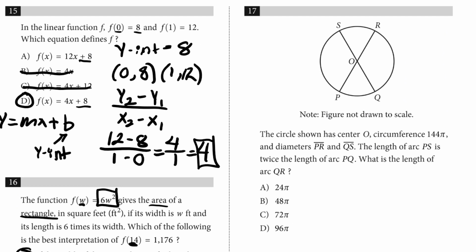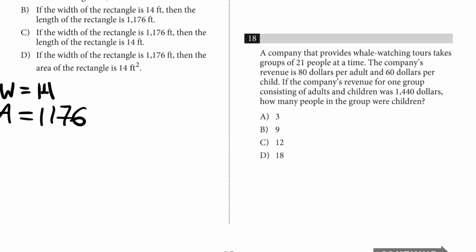Number 17. The circle shown has center O, circumference 144 pi, and diameters PR and QS. The length of arc PS is twice the length of arc PQ. What is the length of arc